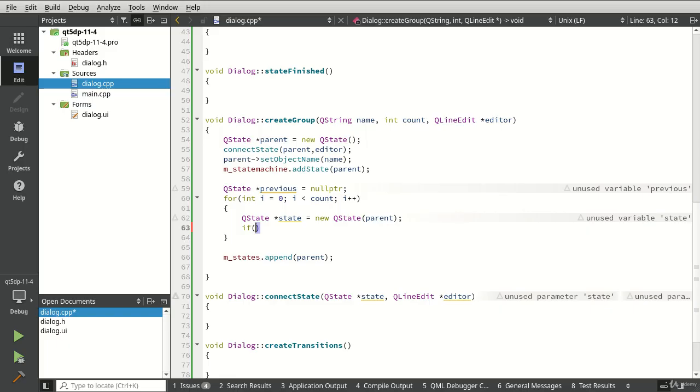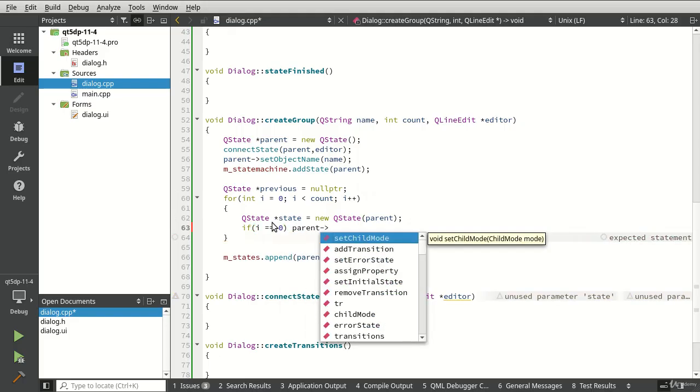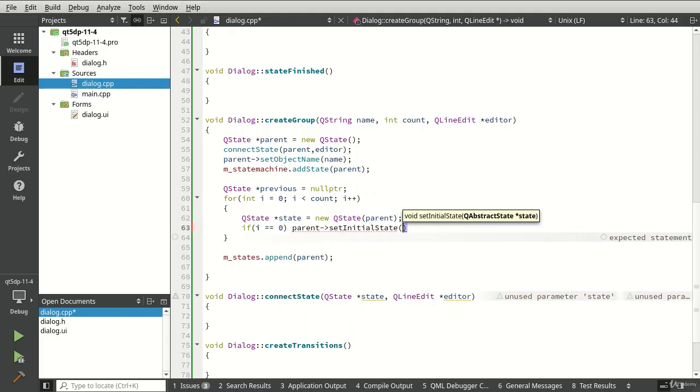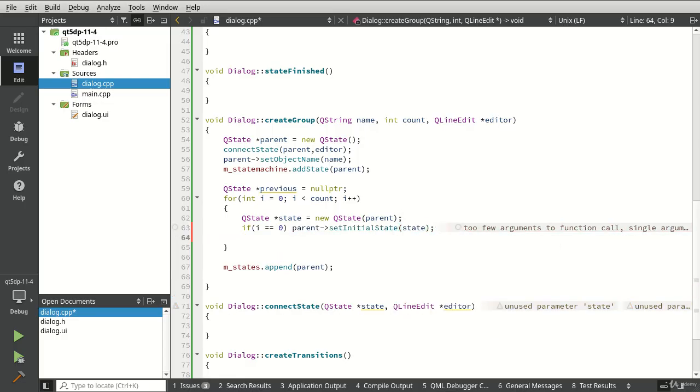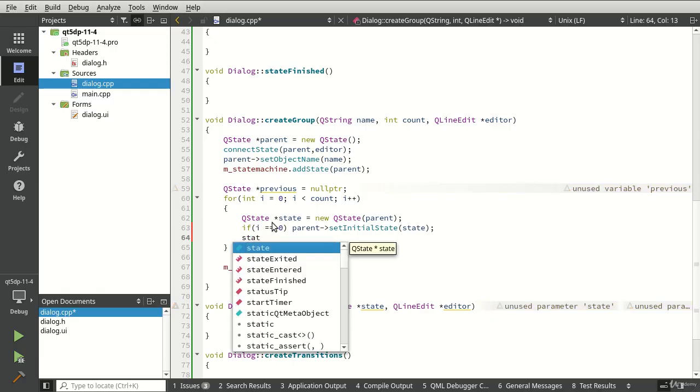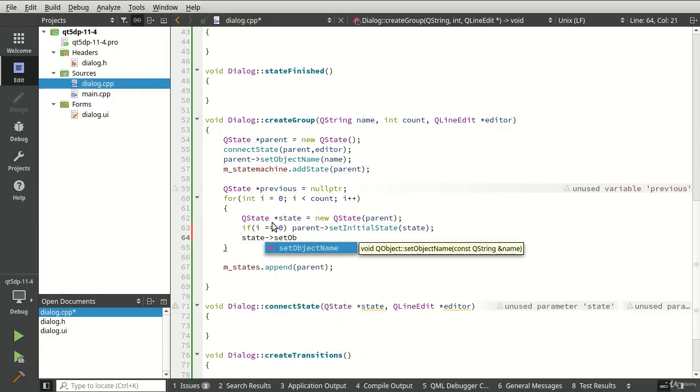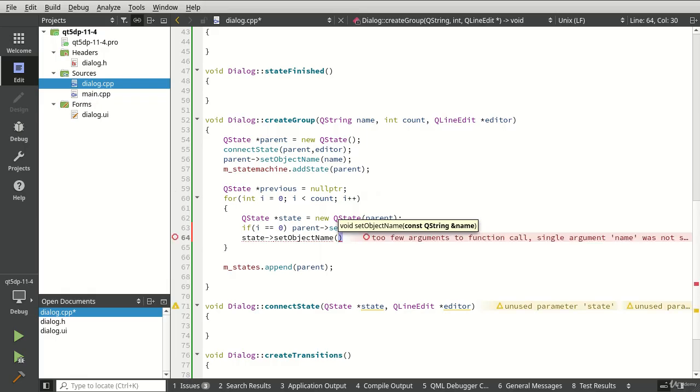Now I'm going to say if i is 0, so if we're the first one, then I'm going to say the parent set initial state to this state. So really all we're saying is, if we are the first child of this state or this group, then this is the initial state we want it to be. And then state, we're going to go ahead and set object name, and we're going to say name